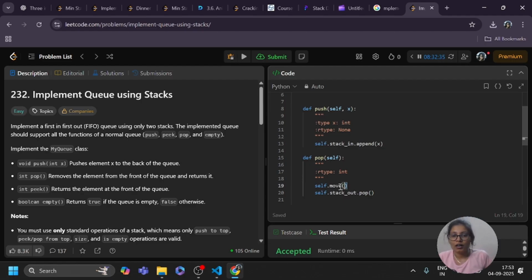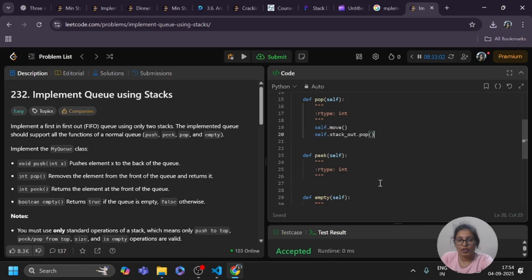This is a function we are going to call; move is used for transfer, and I will tell you about it after this. So self.move and self.stack_out.pop, and after that I need to return.